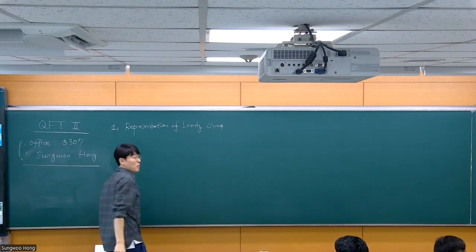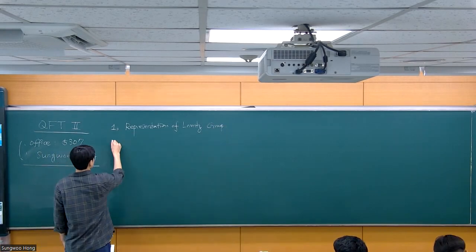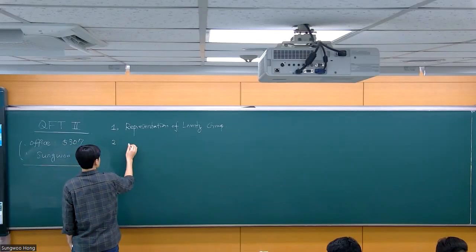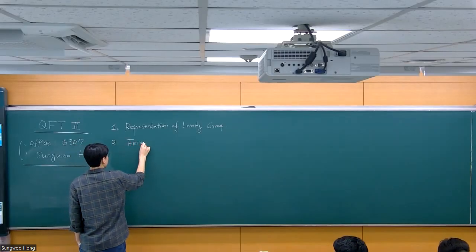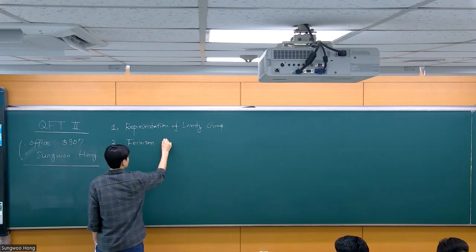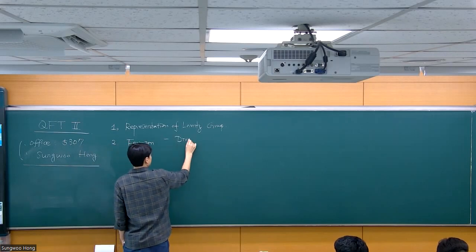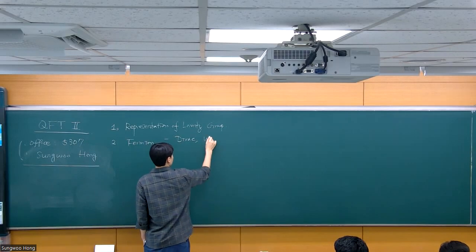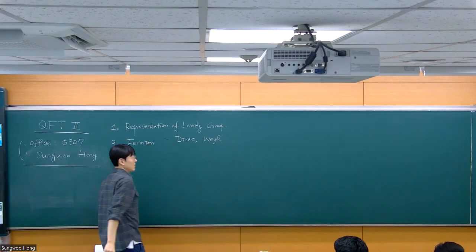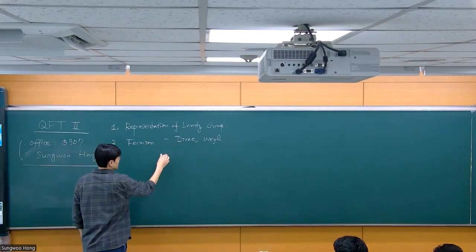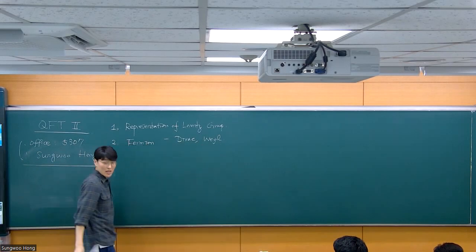So what are the possible representations we can get out of Lorentz group? And two, once we do that, we will now delve into the discussion of fermions. In particular, we are going to construct the theory of the Dirac fermion, we are going to construct the theory of Weyl fermion, okay? And then we will solve what is known as the Dirac equation and Weyl equation, then we will learn all sorts of properties of fermions.